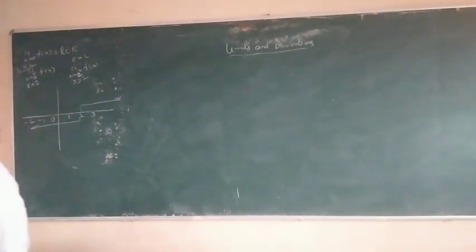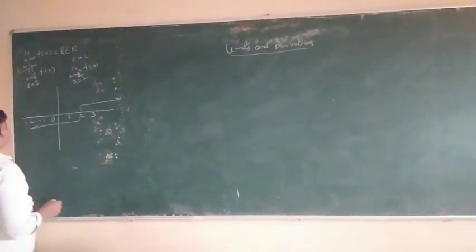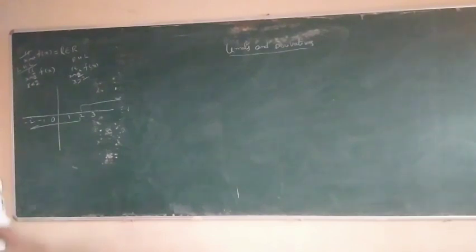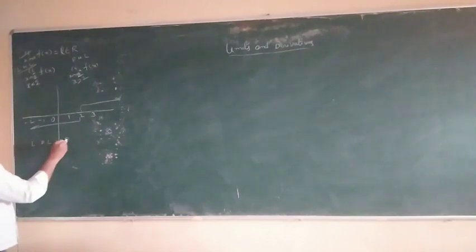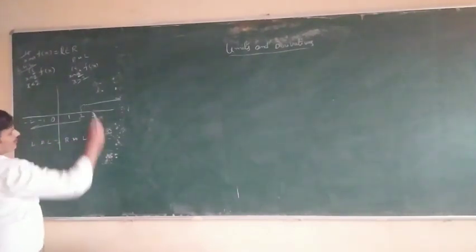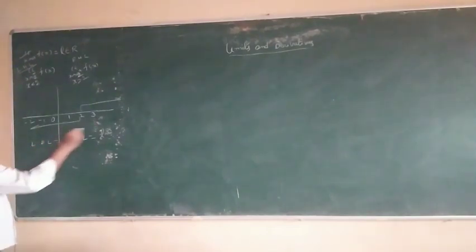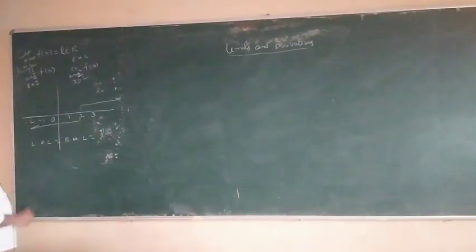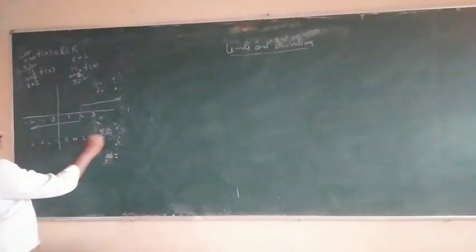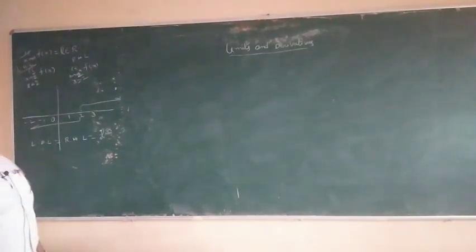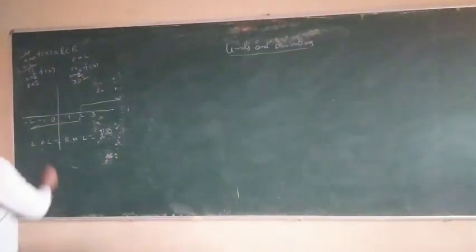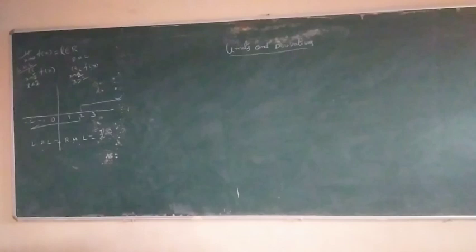So left hand limit, right hand limit. So this is also the existence of limit, when only a single function is given. Left hand limit at 2 is equal to right hand limit at 2 is equal to L. Left hand limit at 2 exists and equals L, right hand limit at 2 exists and equals L. Both are equal to L, which means the limit exists at x is equal to a. Exist means what?